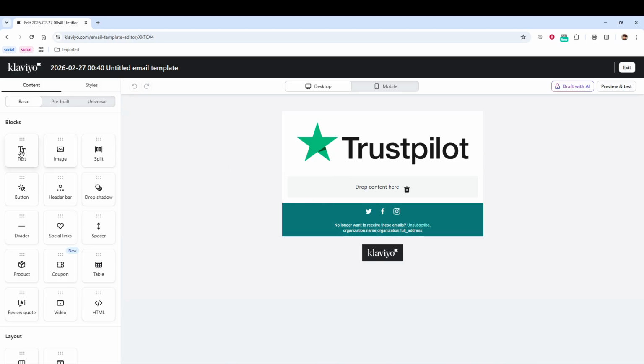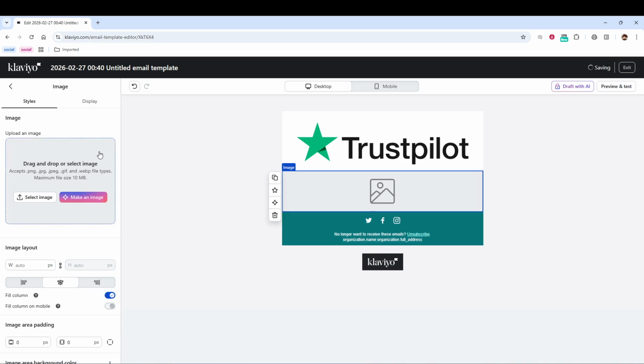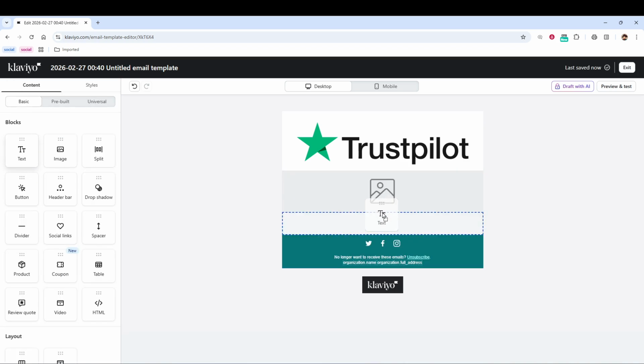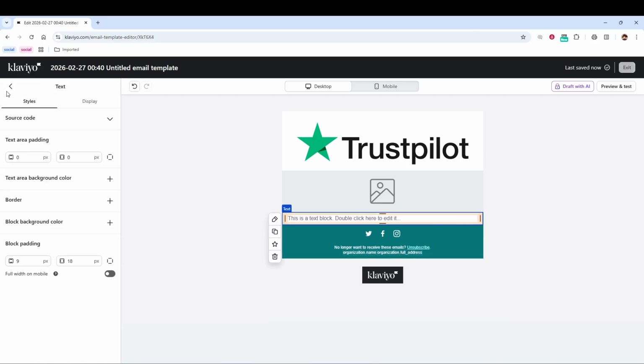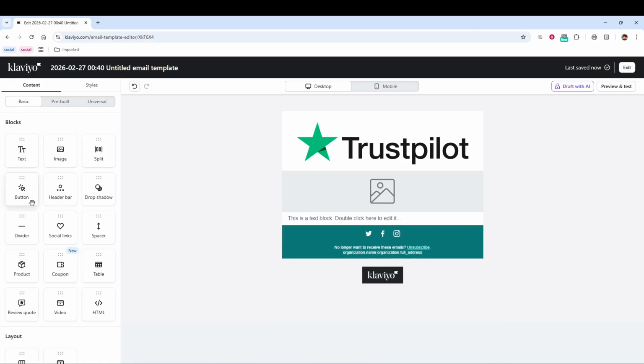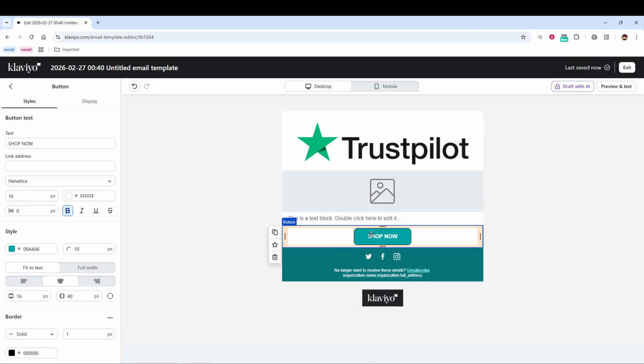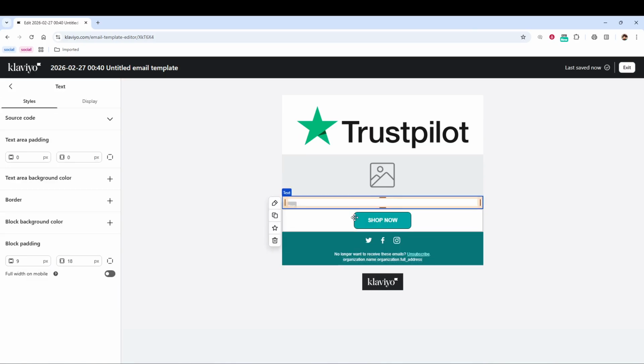On the left, you will see the sidebar with the building blocks you can use. From here, drag images, text, or buttons directly onto the main canvas area. When you add a text block, keep your message easy to scan with short lines and clear spacing. When you add an image, make sure it supports the message and does not overpower it. For buttons, use a simple call to action and keep the label concise so it is easy to tap on